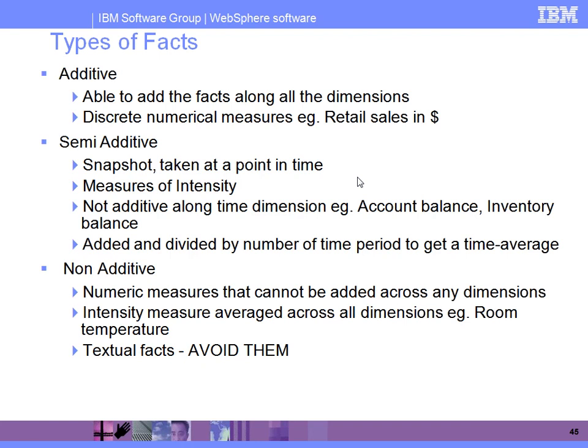We have some numerical value in our business. If I am able to use that numerical value across all the dimension tables in our schema, say I identified a numerical value in the fact table and want to add it, but I can connect it with any of the dimension tables and use it across any of them, such facts are additive facts. Like customer counts, or retail sales in dollars, and total transaction amount. Such numerical values are generally used for calculations across any of the dimension tables. That we can simply call additive.